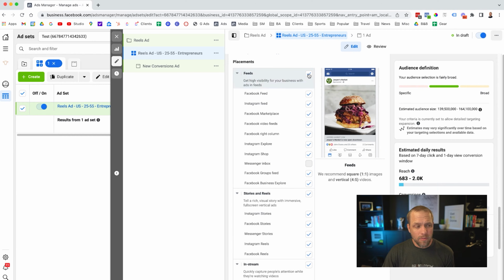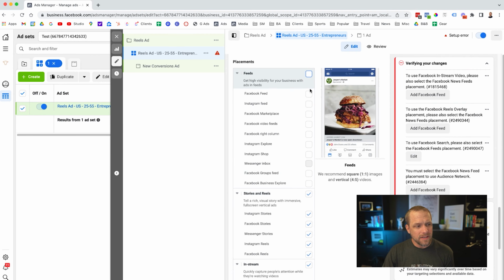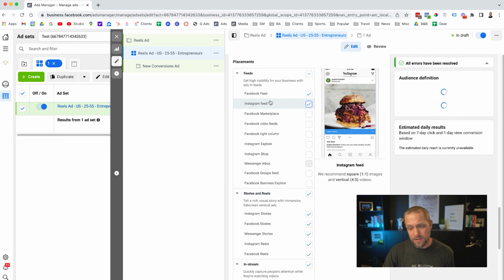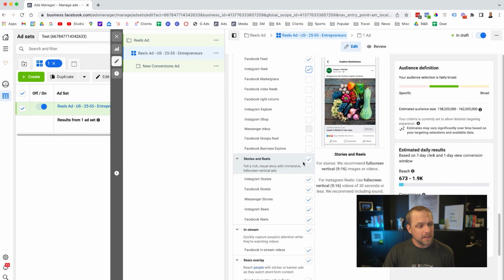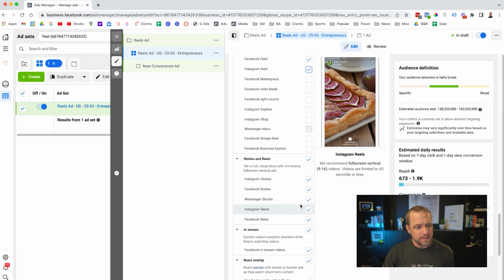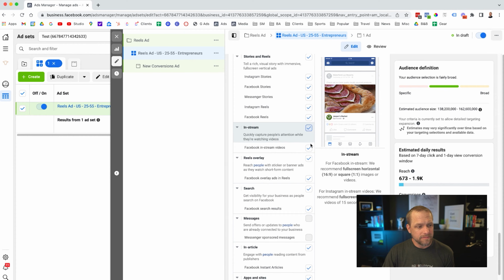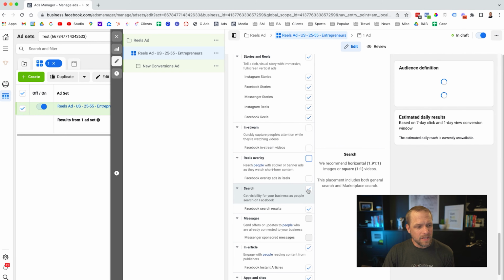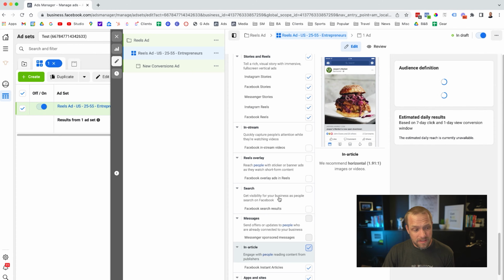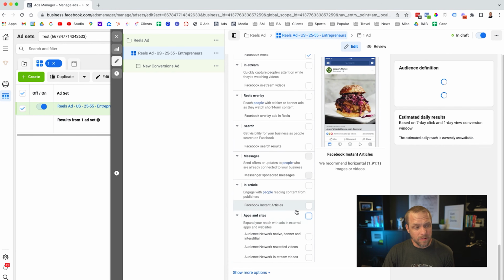And what I would recommend doing for Reels, because that format doesn't work well in a lot of different places, I would encourage you to consider just running it on the feed, the news feed, and then just run it in the Reels, stories and Reels. And then you can turn everything else off. I would definitely test this because it could work in other places, but